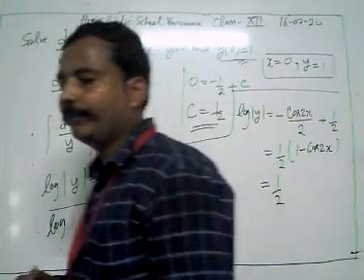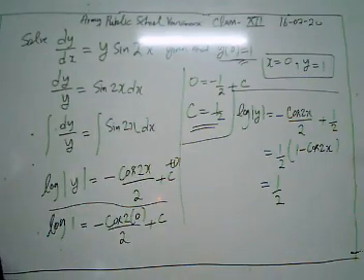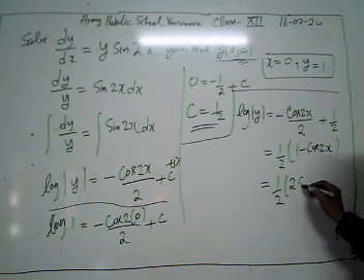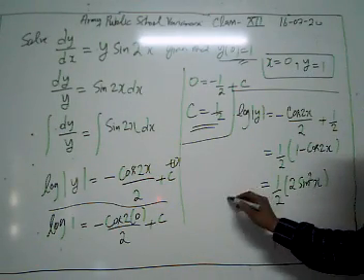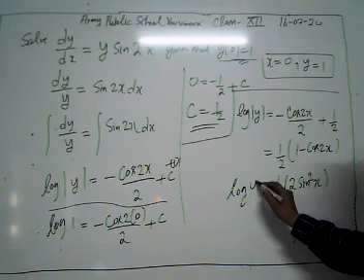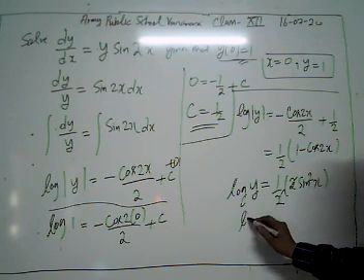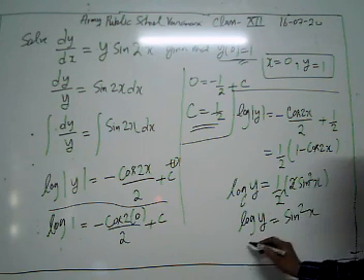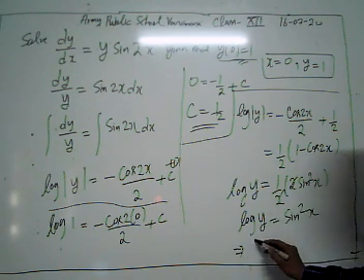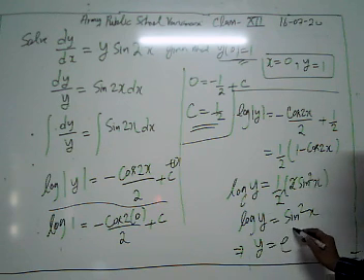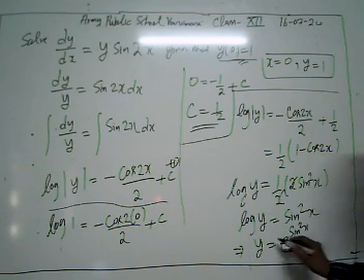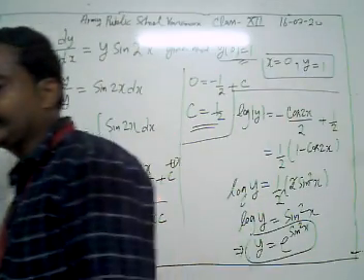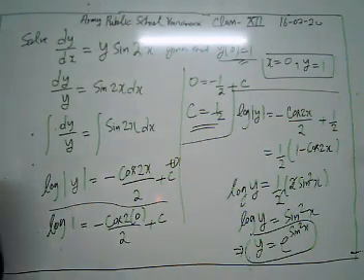At the place of cos 2x, we are going to put 1 minus 2 sin square x. Then after solving, using the trigonometric identity, we have 2 sin square x, and here we have log y. Now log y is equal to sin square x. Then this implies y is exponential to the power sin square x. This is our required particular solution of the given differential equation.